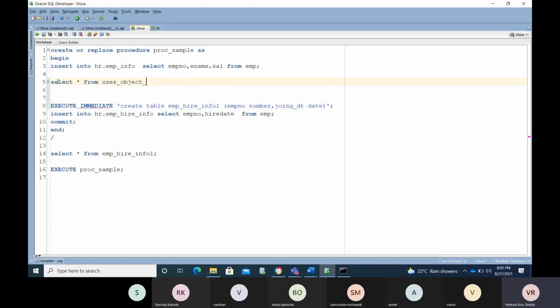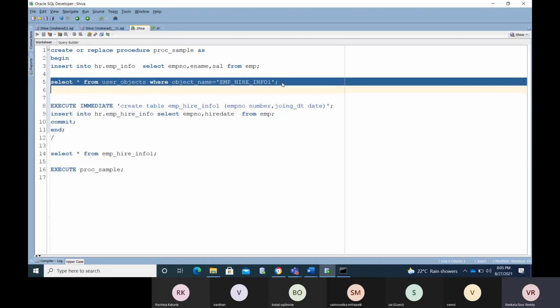Select star from user_objects where object_name equals the object name. The object name must and should be in capital letters. Try to remember this. Okay, now I'm checking it.